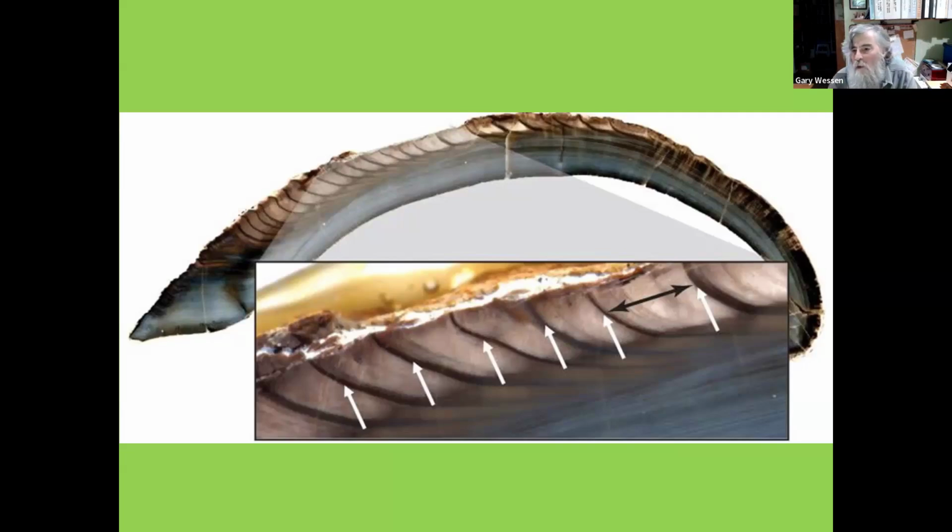And because they're cold-blooded, in cold parts of the world, which we qualify here, where we have distinct seasons in wintertime, the rate at which they deposit new calcium carbonate, which they grow from the outer end on the ventral edge,